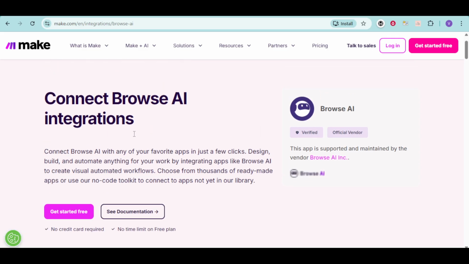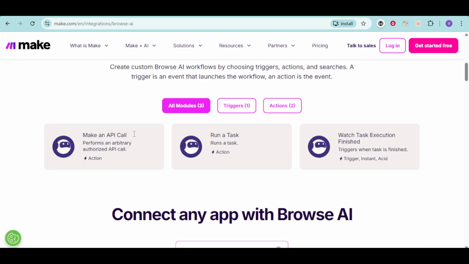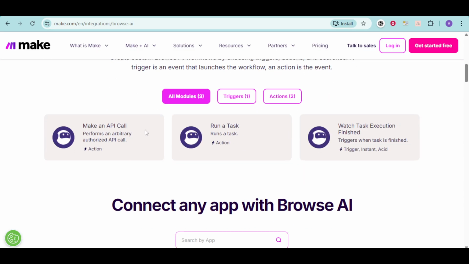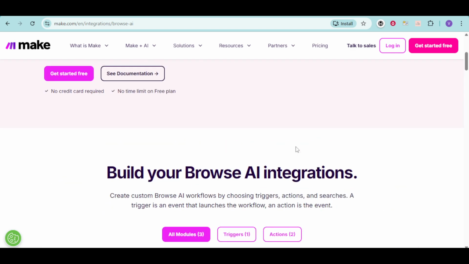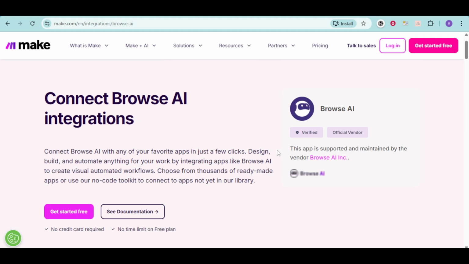Now, as you can see, Browse AI is a tool that can help you get details as a website crawler for your Make automation. With this, you can just head over and make an API call using this, or run a task, or watch task execution finish. You can connect your Browse AI integration directly with this, and through this way, you can use it